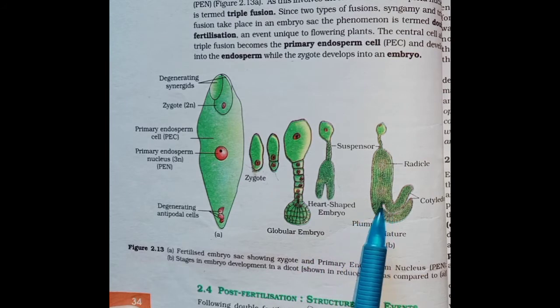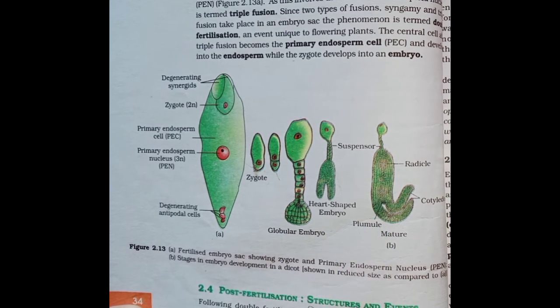And this part you see here, the ending part, this is called the plumule. So just remember it now. So the zygote will give rise to number 1 proembryo, number 2 globular embryo, number 3 heart-shaped embryo, and number